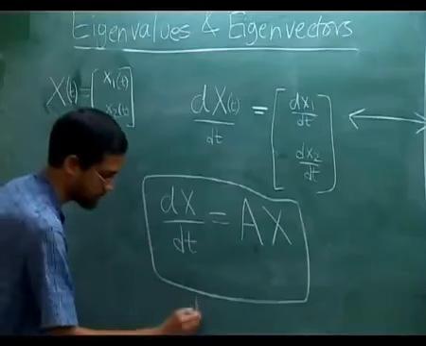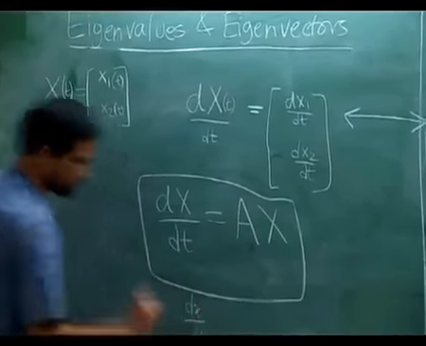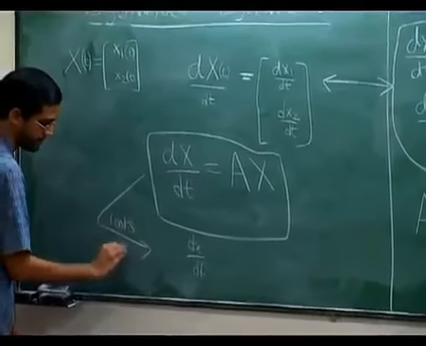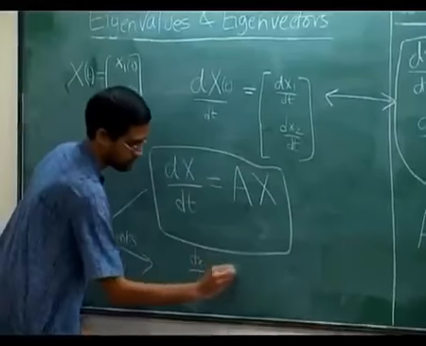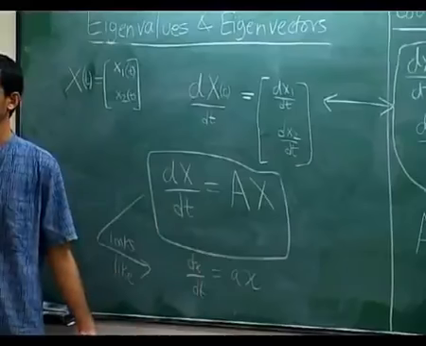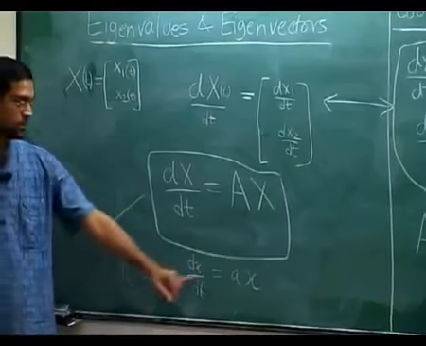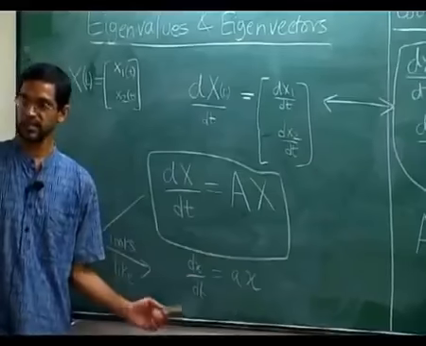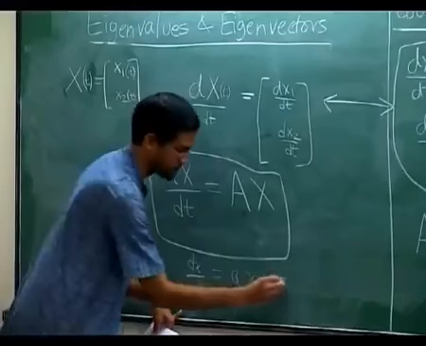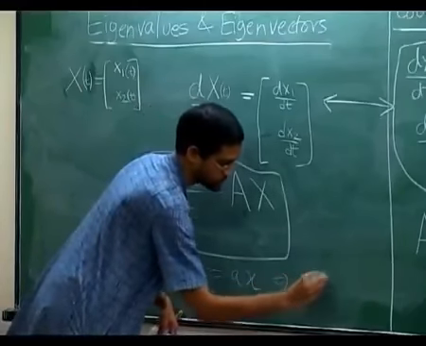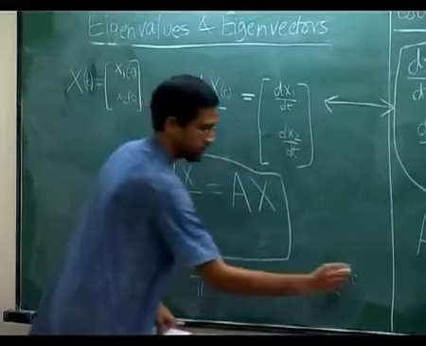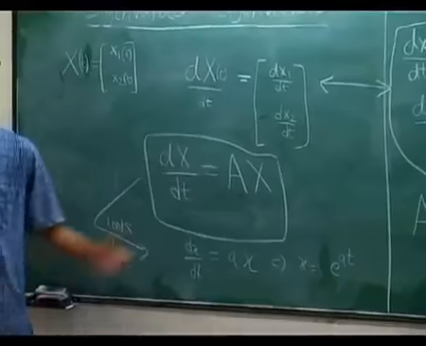Let me say this a little more. If this equation looks like this kind of one variable equation, dx dt is ax, where a is just a number, this equation we know how to solve in one stroke. x is e to the at, times some constant in front. Let's forget the constant for the moment, it's e to the at. Okay, so that is easy.